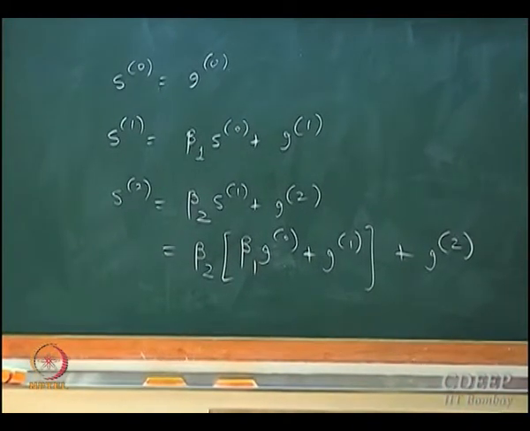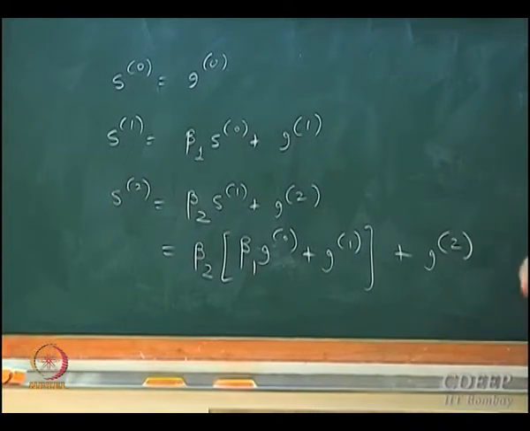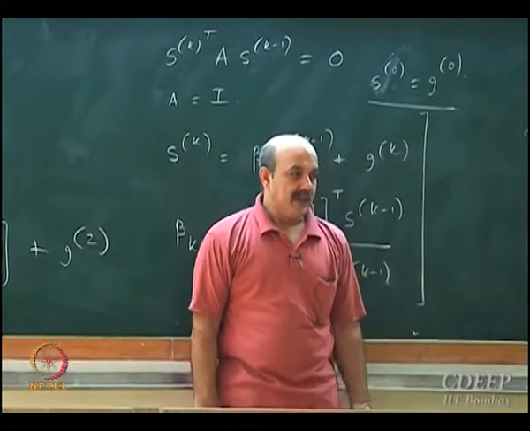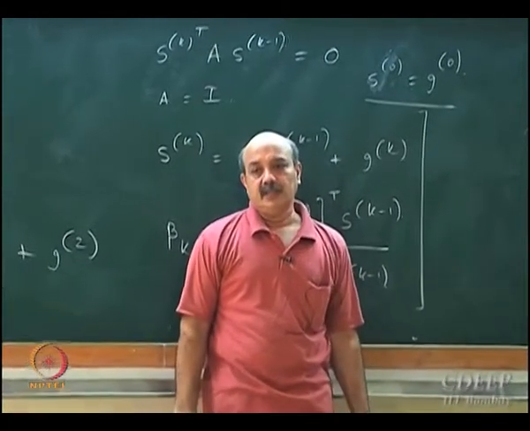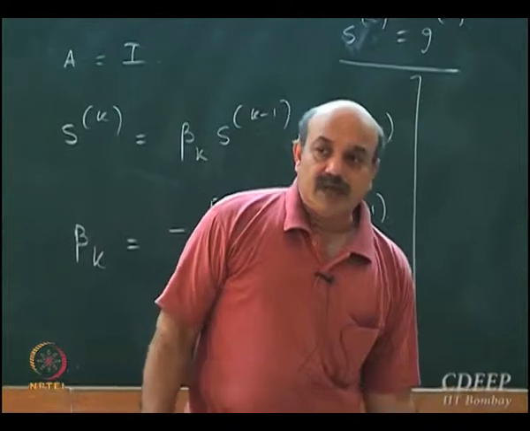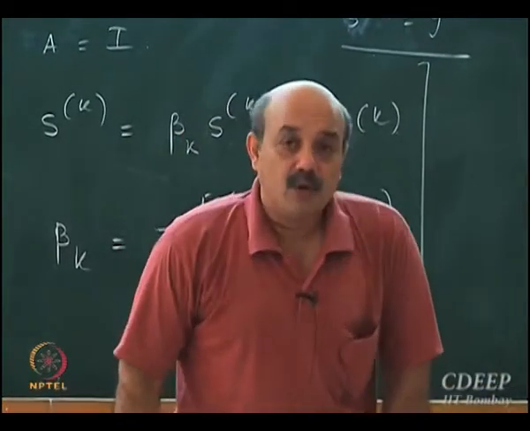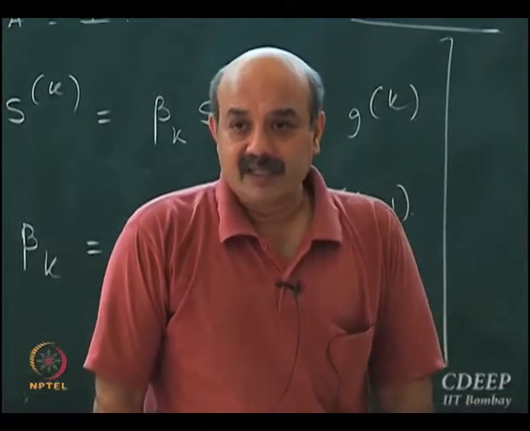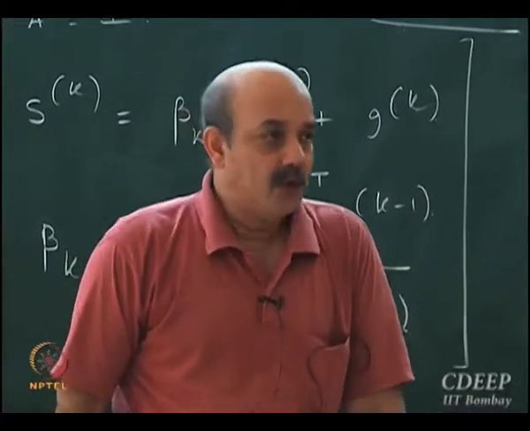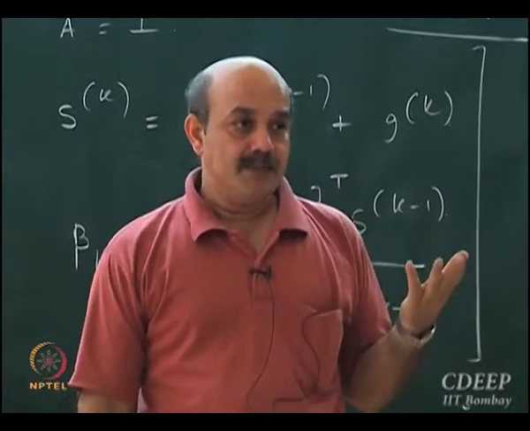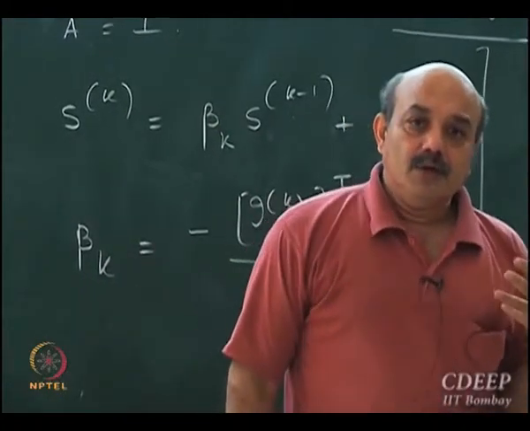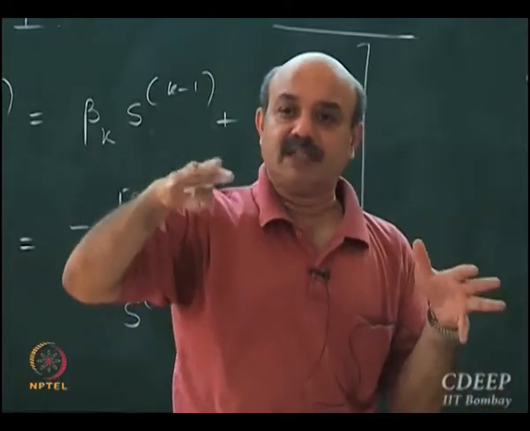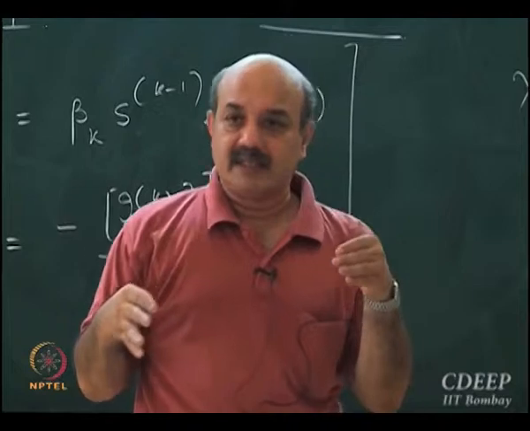Now there is one more variant. Here in the gradient method, you are only using the local gradient information. Now if you can generate something more, if you can generate Hessian. What is Hessian? The second derivative of the objective function. If you generate Hessian, then your moves are much better because you are using more information about the local curvature than just the gradient.